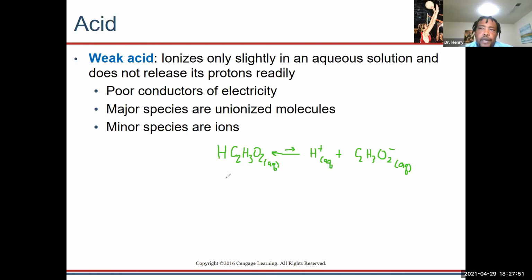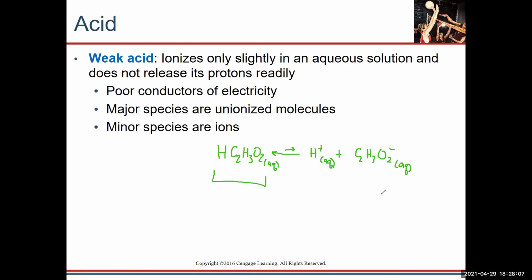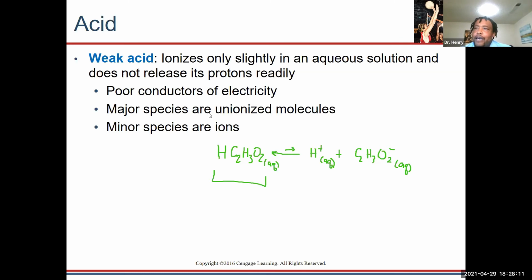Okay, so in this case, our major species is going to be the unionized molecule, where these guys are our ionized molecules, or ions. Okay, are you guys with me? Yep. Yes. Okay, so just to recap one more time, I figure if I tell you like 20 million times,